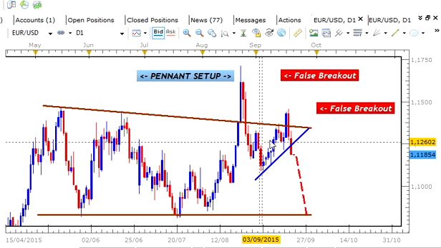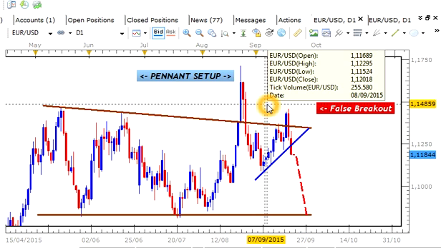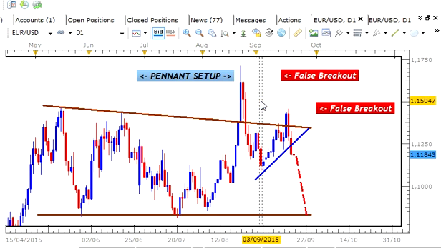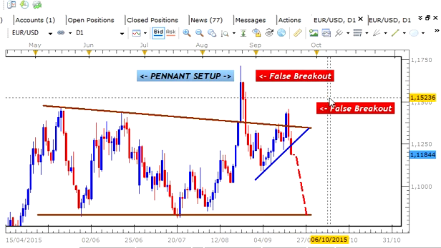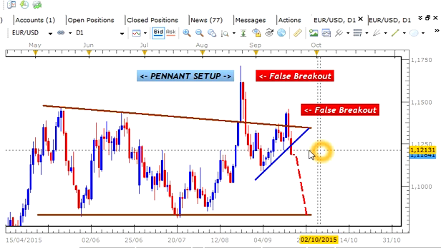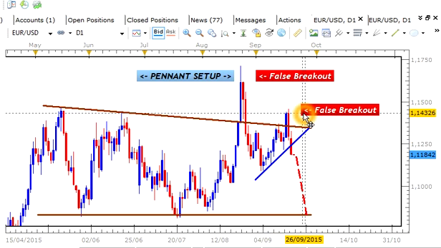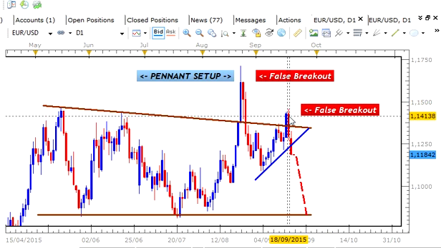So basically we have two situations in which the market failed to lead to a strong breakout in favor of the euro. So now with this setup, we clearly are not going to be heading bullish anytime soon. These two false breakouts